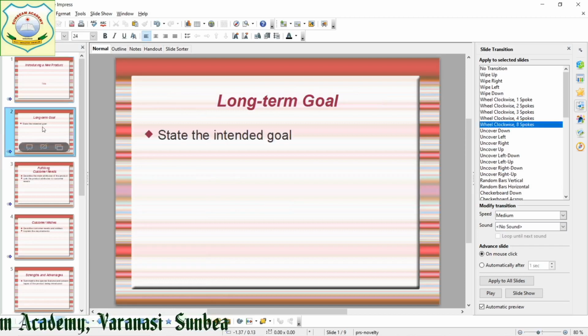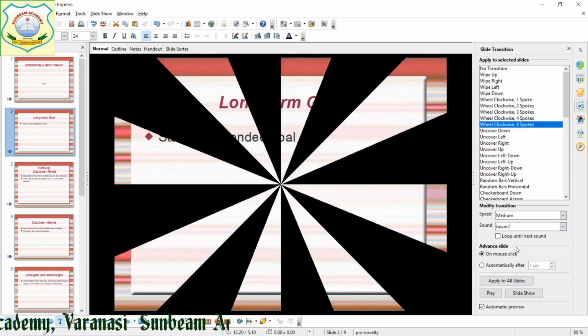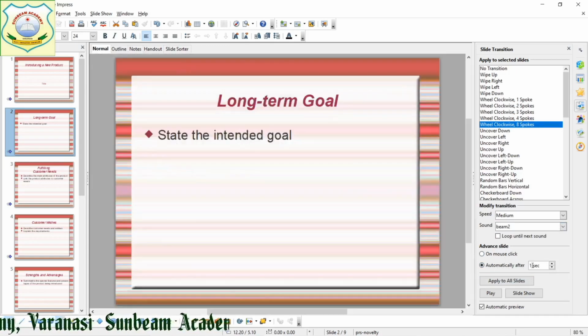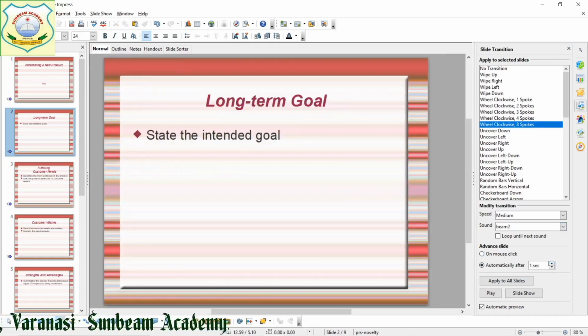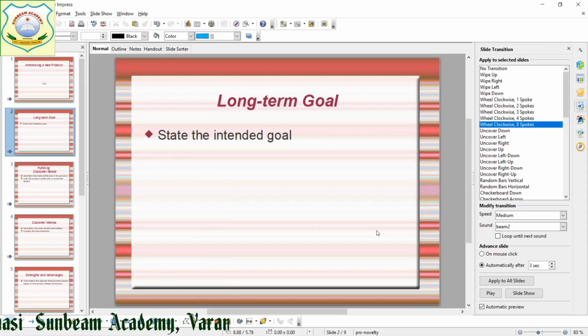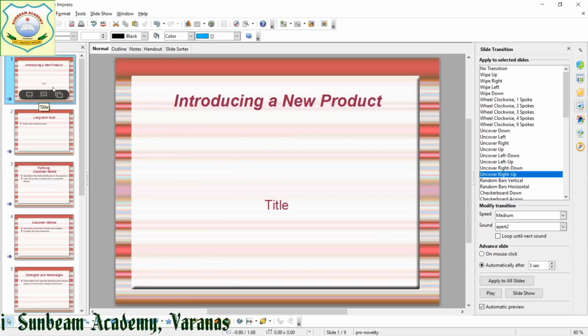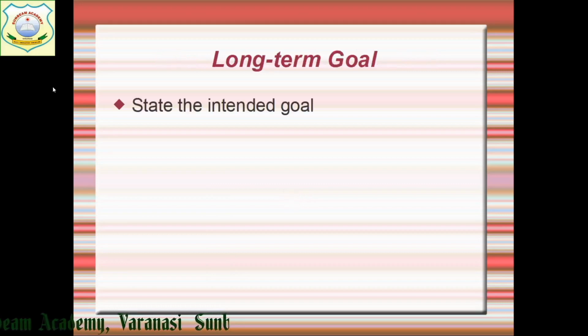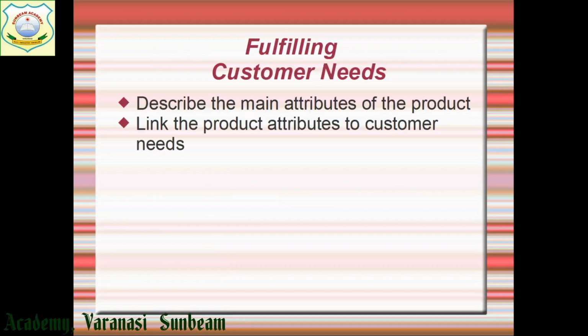So this was for the first. After the second, I am going to give this sound. Then after 3 seconds, now you can see, I am starting from 1, 2, 3. The second slide will come. Then after these 3 seconds, the third one.